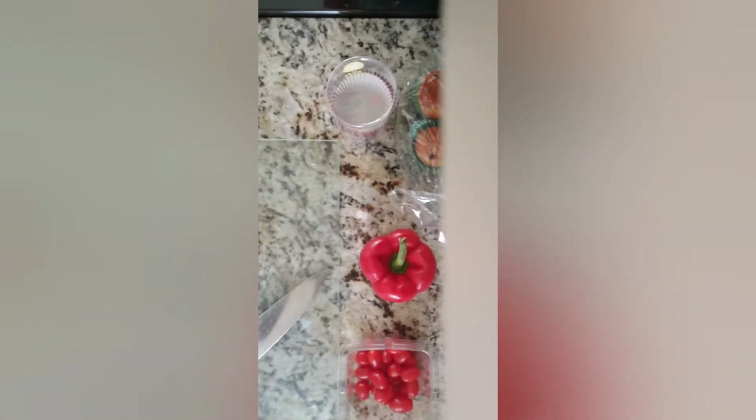So getting back into it, I just wanted to add that in there. These are cats. Okay, so for these,